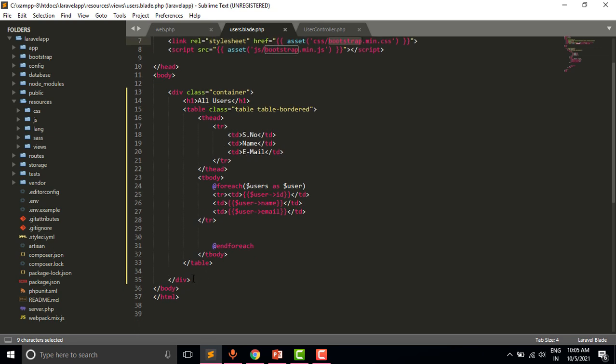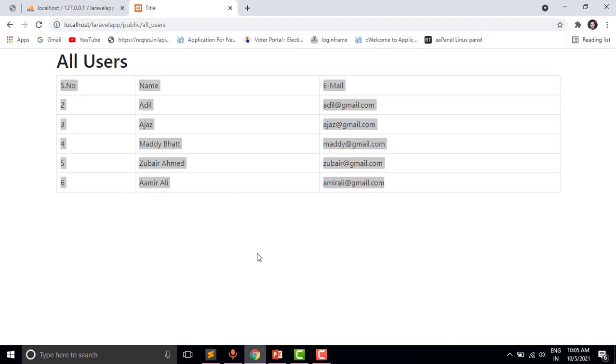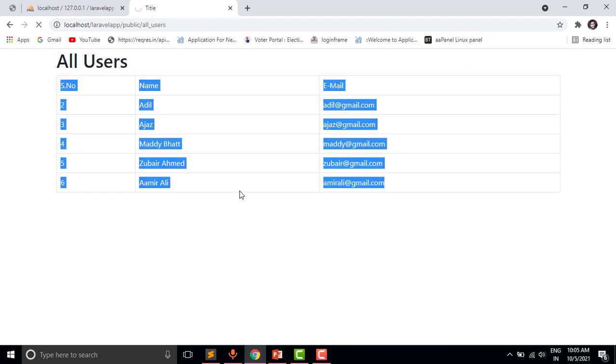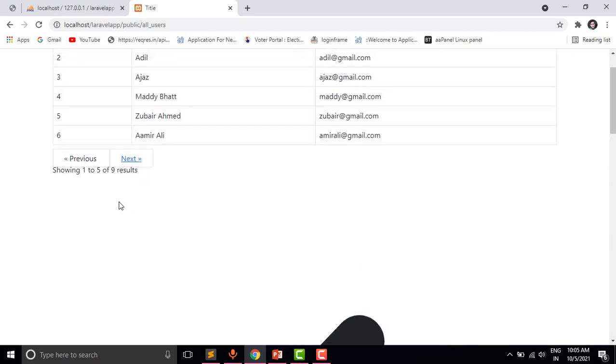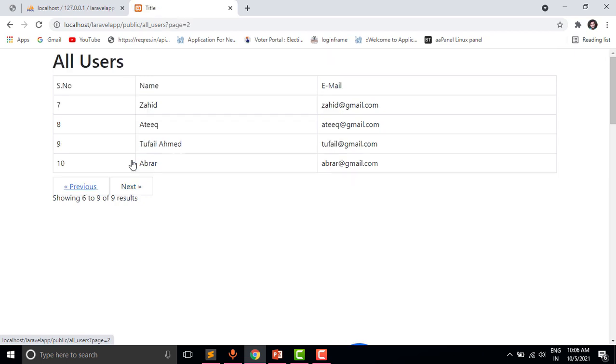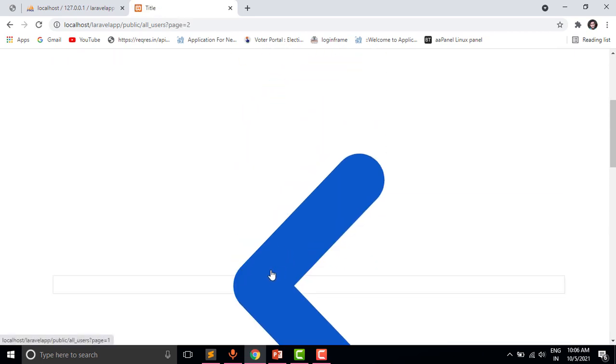So let us see how to use users and links. Save this file and refresh this page. Now you can see we have two buttons, previous and next, and you can see this is conflicting with the styles.